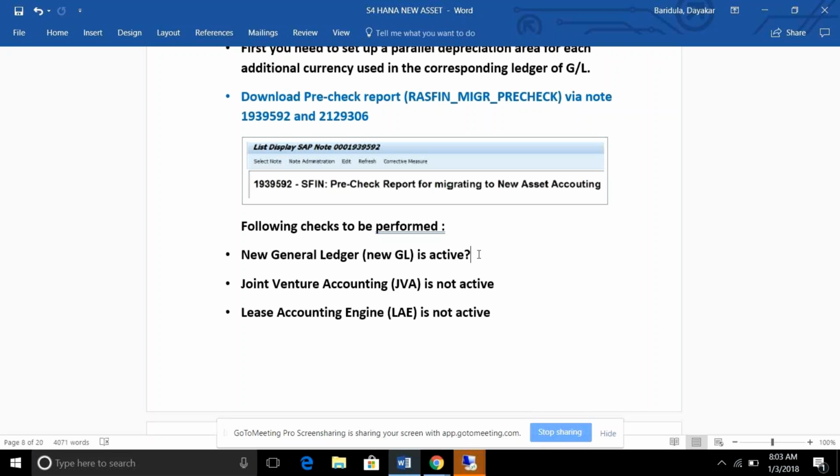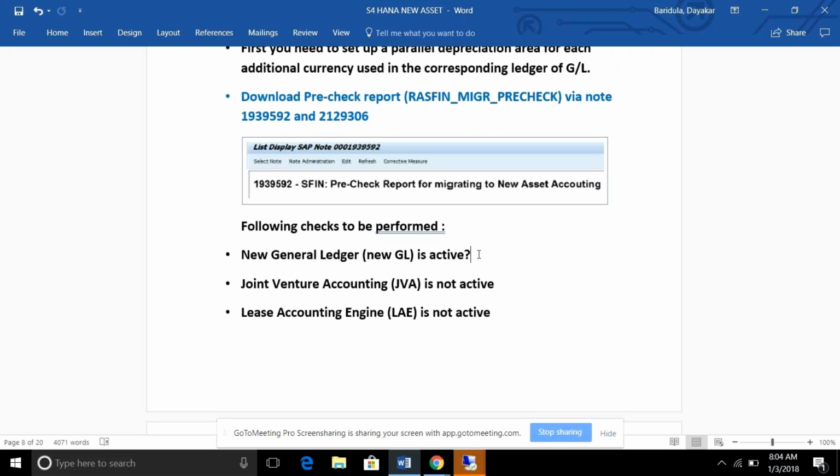When they will not get the functionalities of new GL like document splitting and all, the only thing is the backend will get adjustments for the S/4HANA new architecture. So that's why they are giving the option for technical migration. After migration also they will not get the functionalities of document splitting or new GL, but only for adjustment purposes they need to do that.